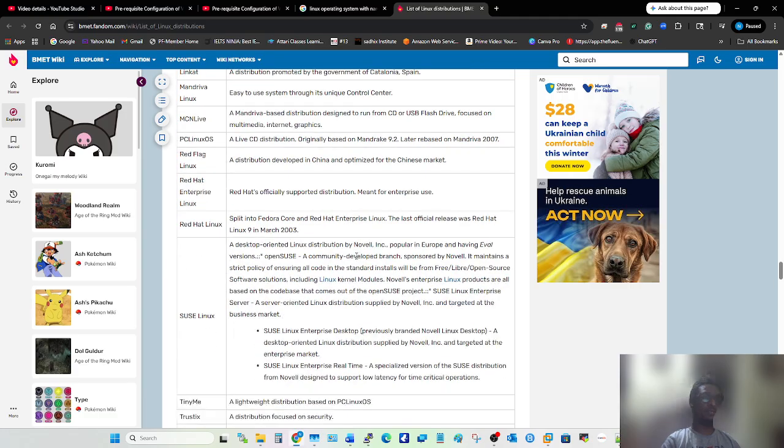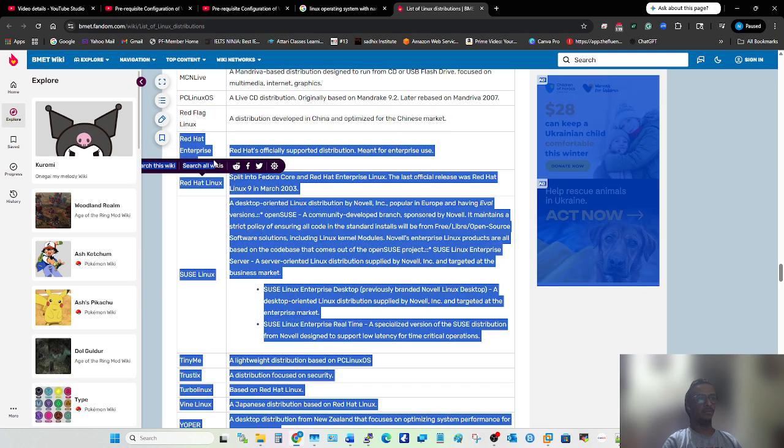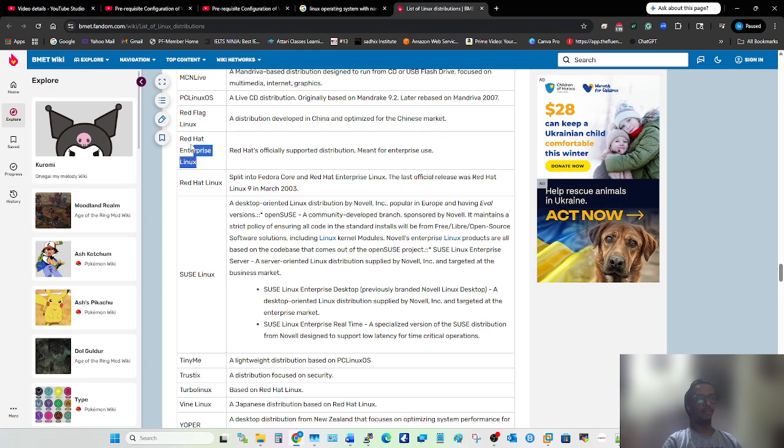So mostly, worldwide, you can say 80% in the world use the Red Hat operating system. Okay, Red Hat Enterprise Linux operating system. This one. Because if any issue happens to the operating system on your server, Red Hat can help you. Okay, you can raise a ticket to Red Hat and they can help you.